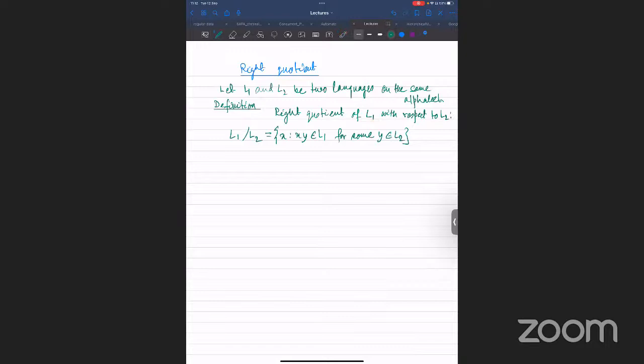Clear the definition? You consider the set of strings in L1 such that there is a suffix of that string. There is a suffix Y which is in L2. Consider those strings in L1 such that there is a suffix Y which is in L2. Okay. Right? So for example,